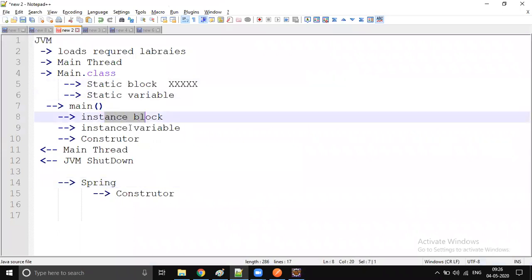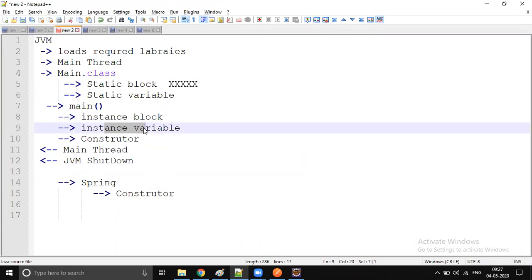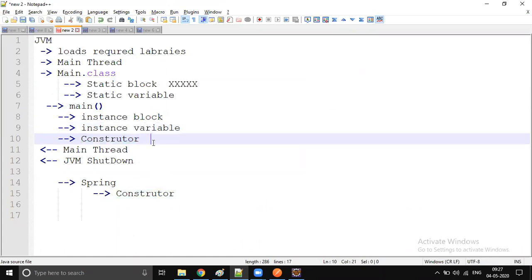In a static variable, instance block, instance variable, even in a constructor, even while executing the constructor, you cannot guarantee that your dependency is ready. These are there in Java, and Java doesn't know anything about Spring. When Java people developed static blocks, instance blocks and constructors, they did not know that in future Spring would come and play with the dependencies. So our constructor, static block, static variable, instance block and instance variable do not support Spring features. They support only Java.